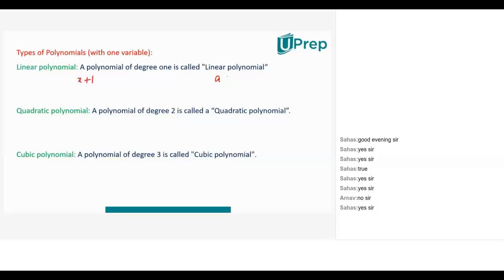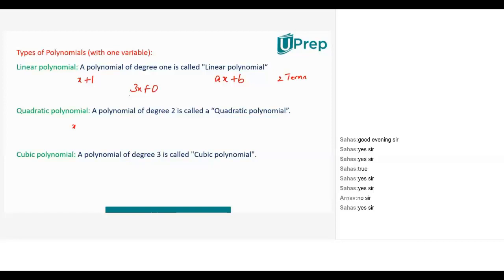Every standard linear polynomial will have two terms in it, and it appears in the form ax plus d. Power 1, power 0, because I need the 0 term also. If you say only 3x, this is also a linear polynomial, but it is not standard. Standard is plus 0. So the first point I want to say is every standard linear polynomial should have 2 terms. Now tell me how many terms should be there in a standard quadratic polynomial.